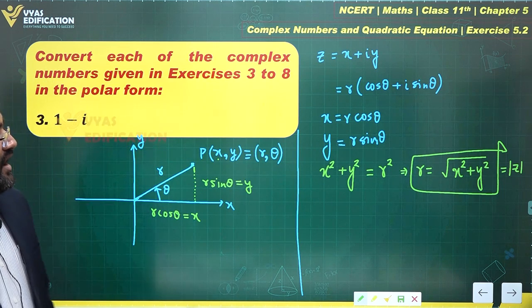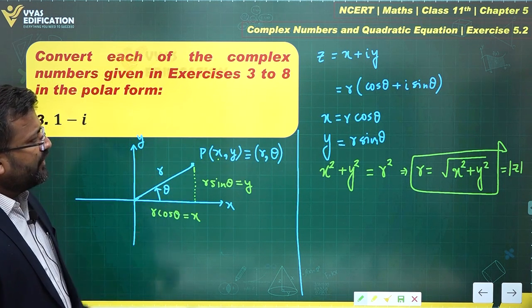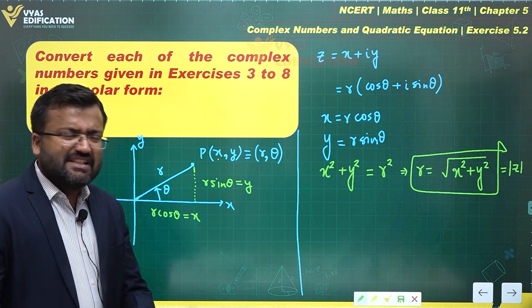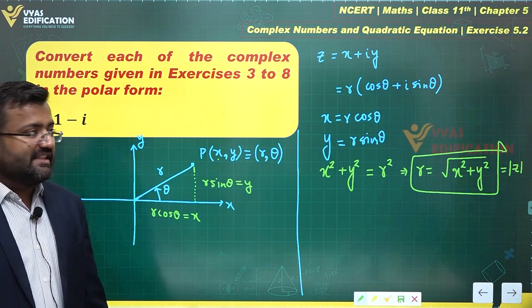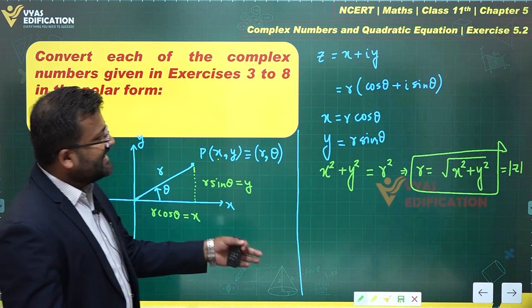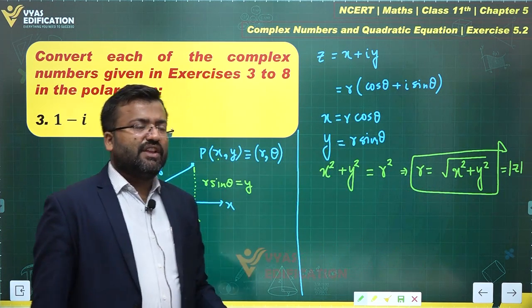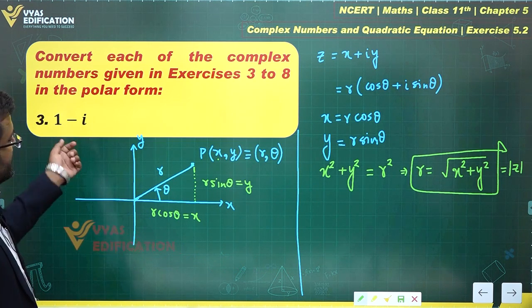Okay. And what else? What about the argument? Argument can also be found from here, depending upon the location of point P. We have seen that depending upon the location of point P, we can find the argument very easily. Cos theta and sin theta can be found with the help of x and r. Once we find r, on the basis of that, we can easily find theta. So keeping this in mind, let us focus on